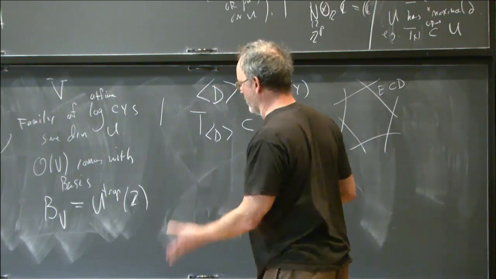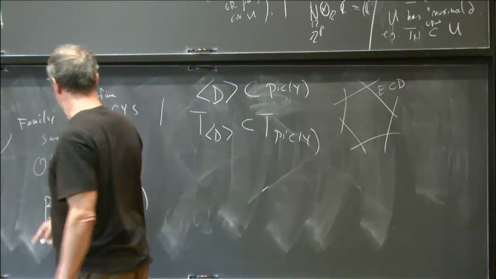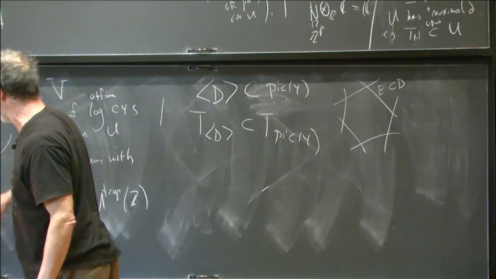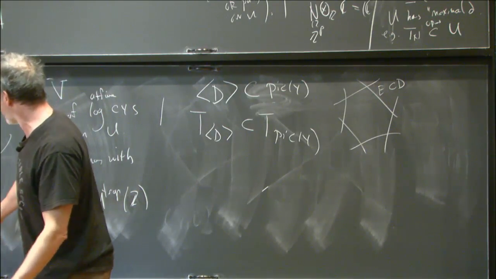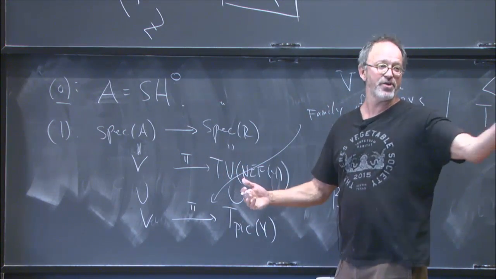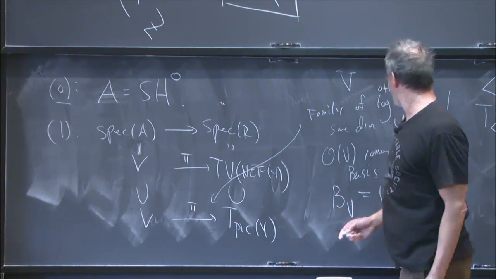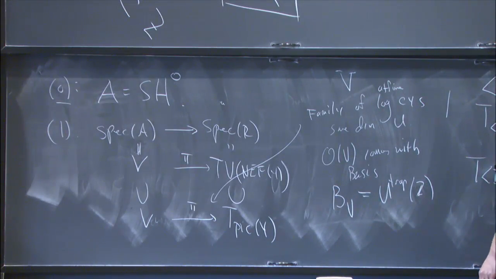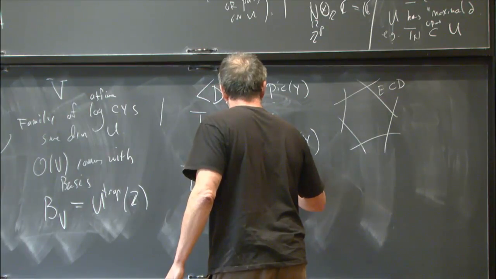So this is a toric variety, and this torus acts here. The torus, of course, acts on the base. It acts on itself. It acts on the base. The torus doesn't act in general on the family. If it does, it means the family is trivial. It means all the fibers are the same. But this guy does. So the conjecture is that T_D acts equivariantly